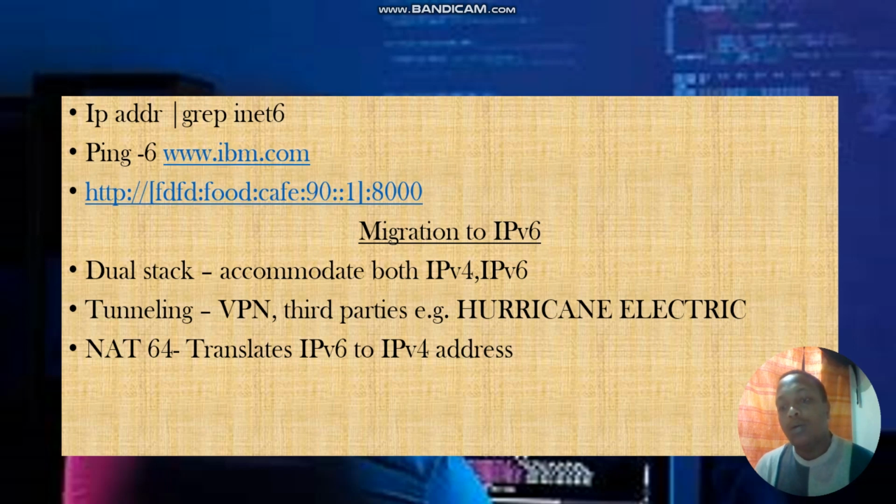Now remember that most people are still using IPv4, and migration is still happening. There are different ways to integrate IPv6 in your systems. You could have what you call a dual stack, and this is where you accommodate IPv4 and IPv6 addresses in your network, such that you can use either IPv4 or IPv6. So that is one migration technique. You could have what you call tunneling. This is where you use a VPN or a third party, and this basically helps you to translate